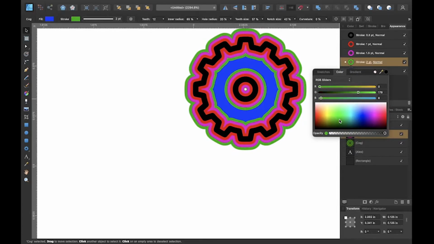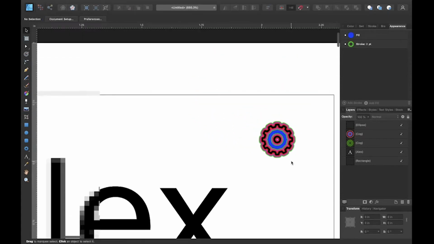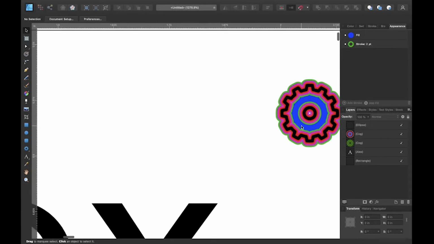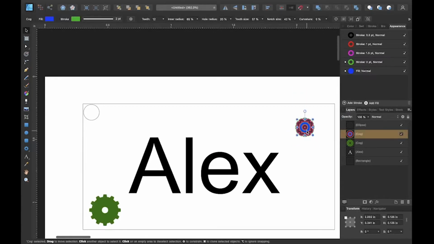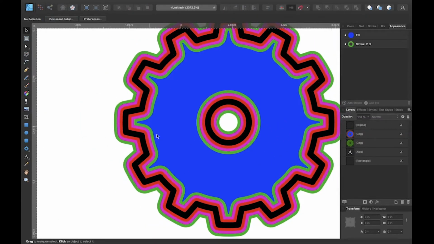So we'll go with a darker green like there. All right. Now if we zoom out, we have a very different looking, but still interesting looking cog, and we can scale this up too if we wanted it to be bigger. So we can make this 0.25 by 0.25, and it'll probably be easier to see the colors. There we go. So if we scale that up here, the colors are more evenly reflected now in the patterning